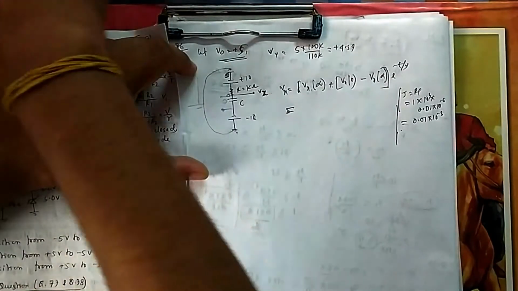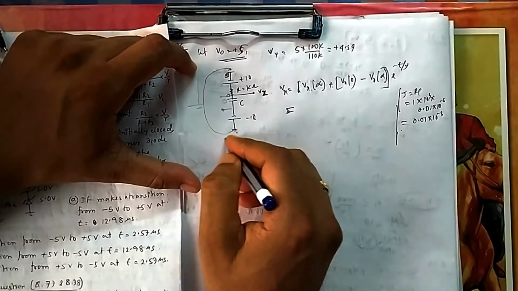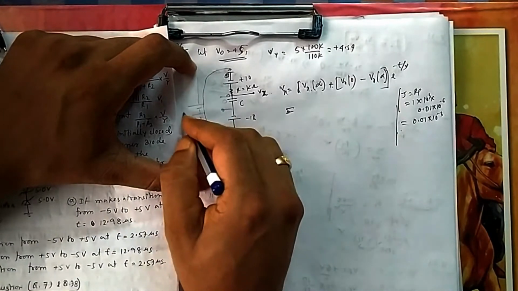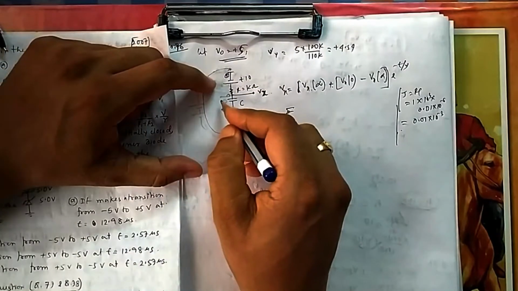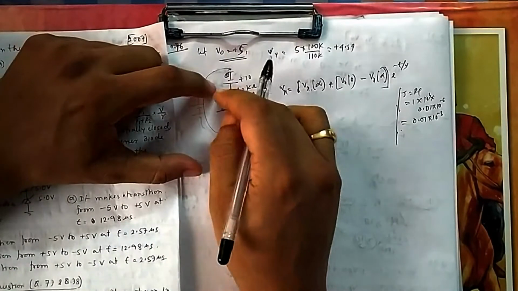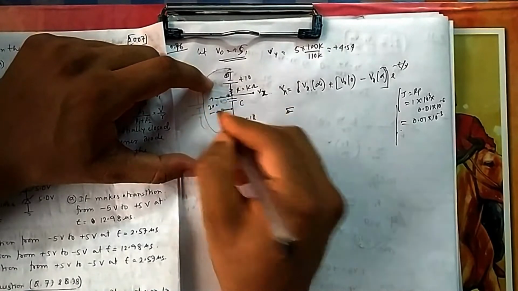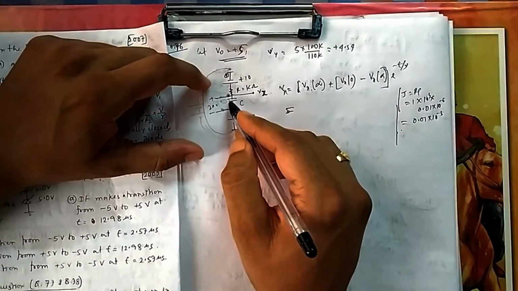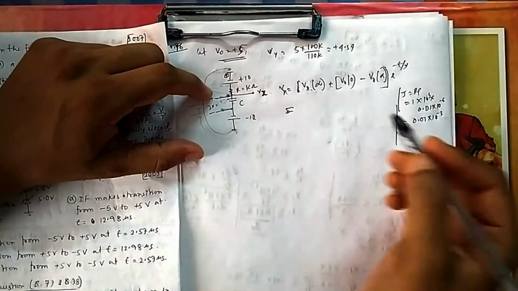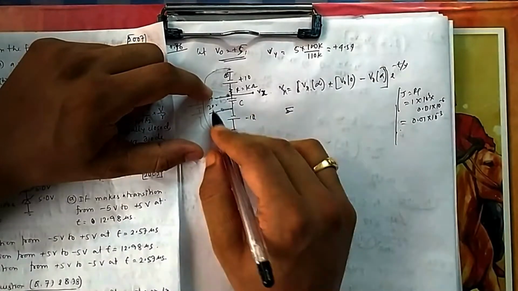If you remove this battery and connect it here, it is something of this. And if you remove this one and connect it here, it will be something of this fashion. So you can think of 10 plus 10, 20 volt is given. So capacitor voltage will be 20 volt. Final voltage of capacitor across these two terminals will be 20 volt, because this terminal will get plus 10, this terminal will get minus 10. So ultimately the difference between them will be plus 20. But Vx is not that one.